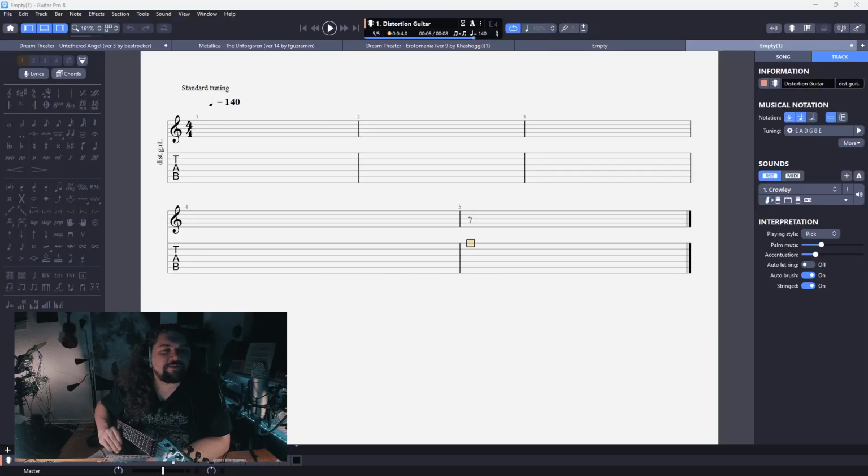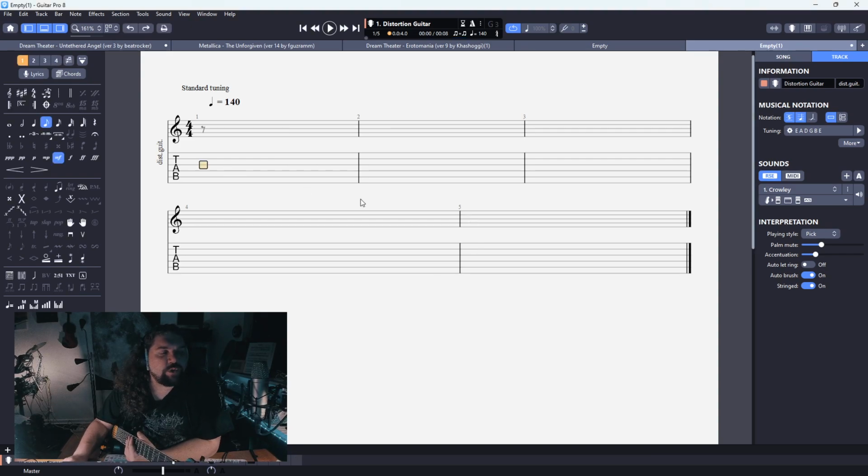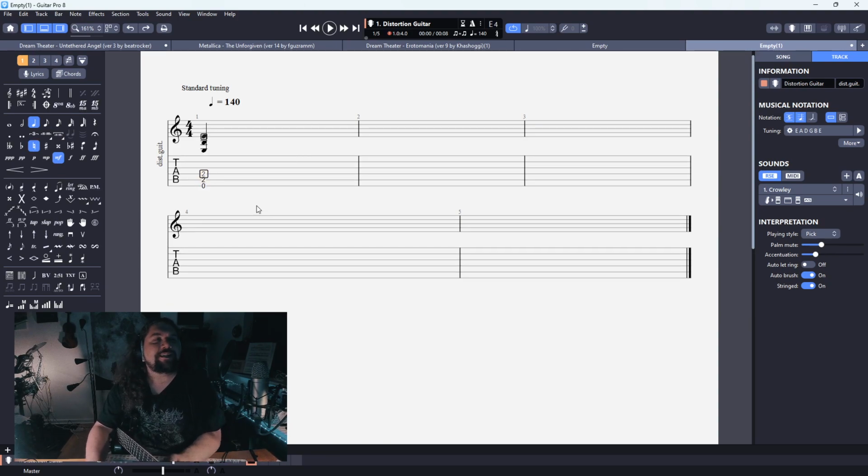So a few people have asked for a tutorial on a few things in Guitar Pro. One of them was what the different things mean here. And I use a lot of shortcuts because that's 20 years of using Guitar Pro. So if I created a chord here, like that, a power chord, and then plus